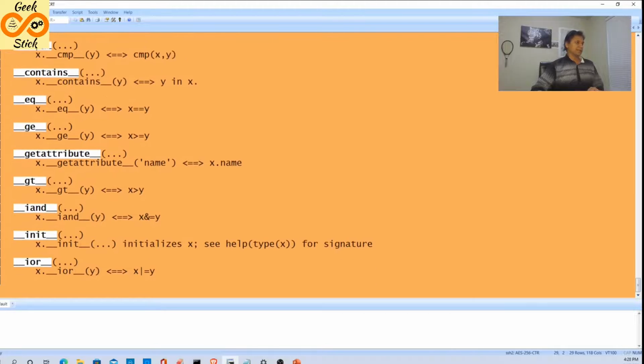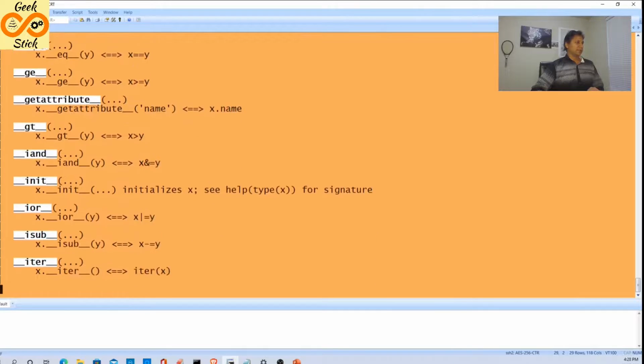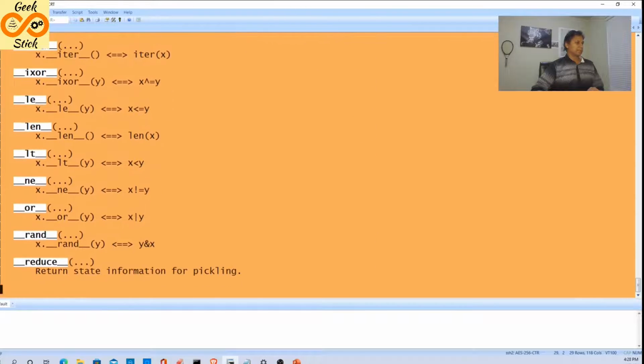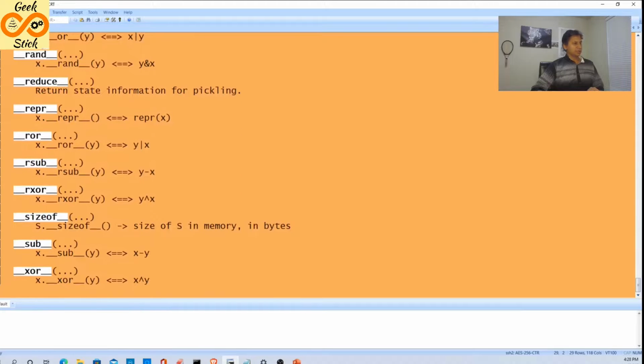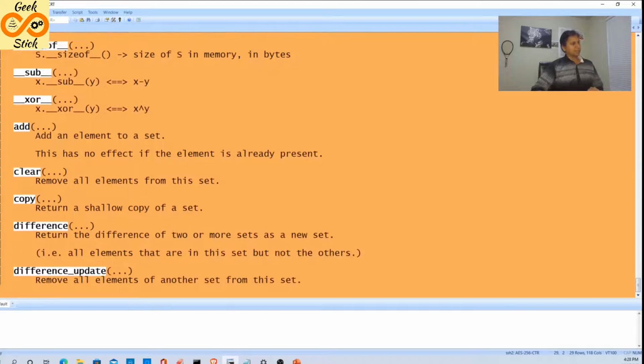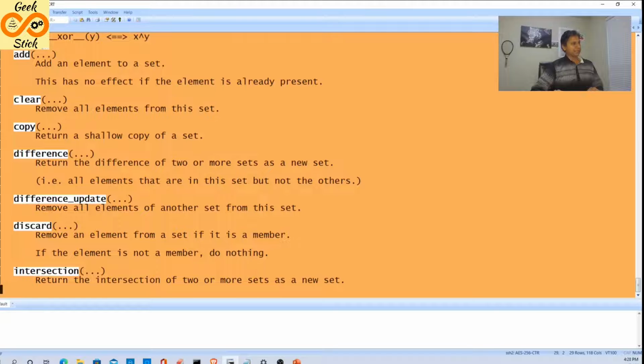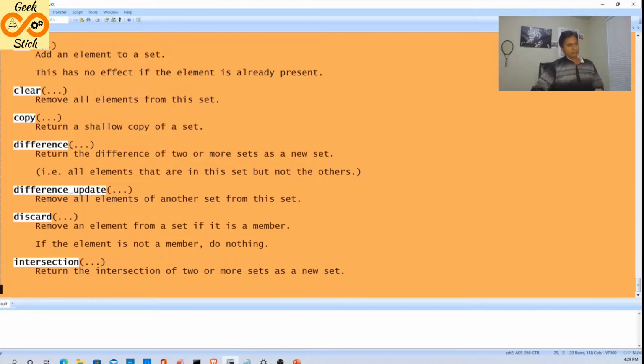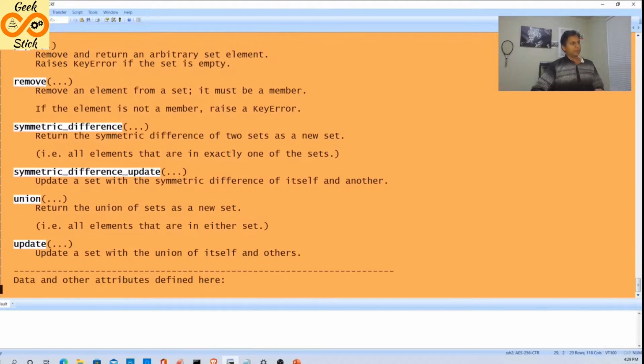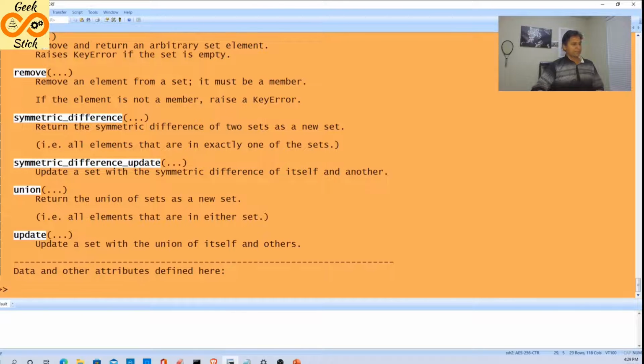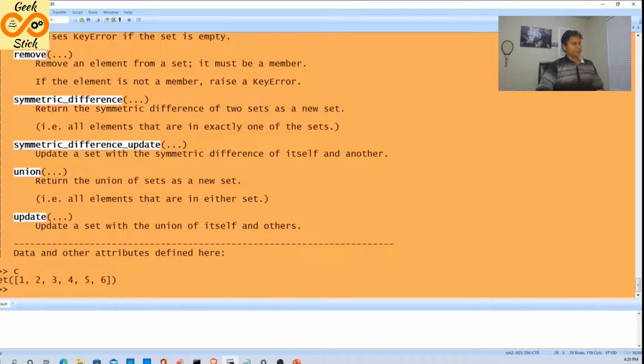Here we can compare, constant, same thing, then less than or equal to, or condition. It's more of the logical stuff. We can find the difference between two or more sets, and we can add an element to the set also. Here we cannot order, for sure we cannot order. Let's see. C is a set. Good. And we can add values over here.